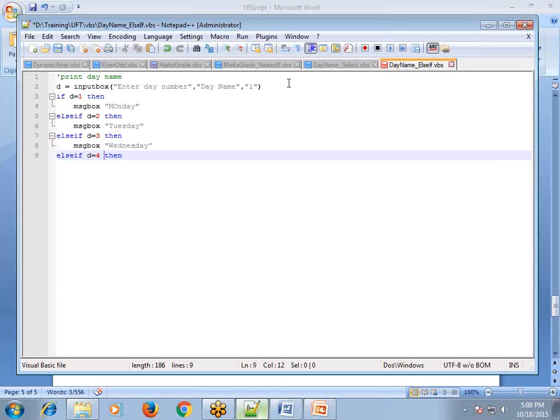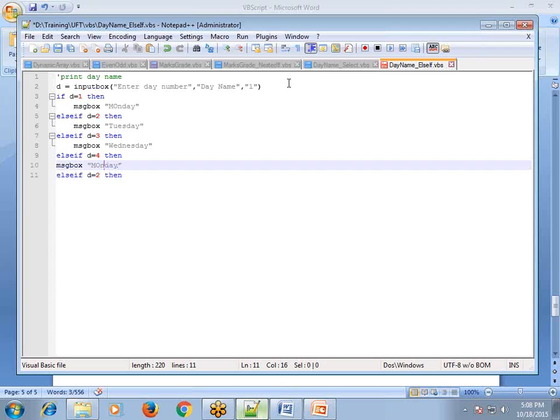Else if d equal to 4, Thursday. Else if d equal to 5,